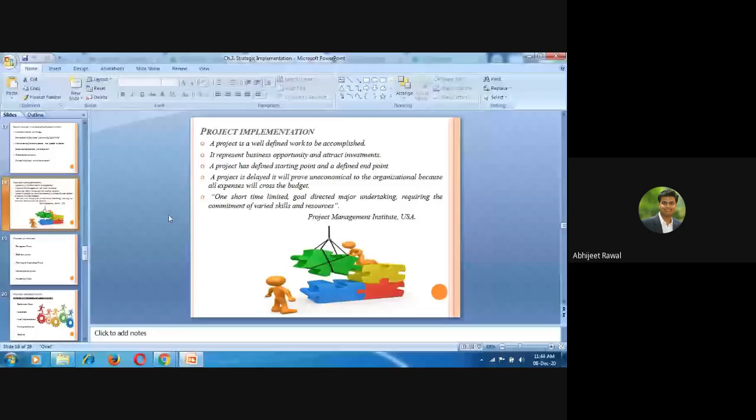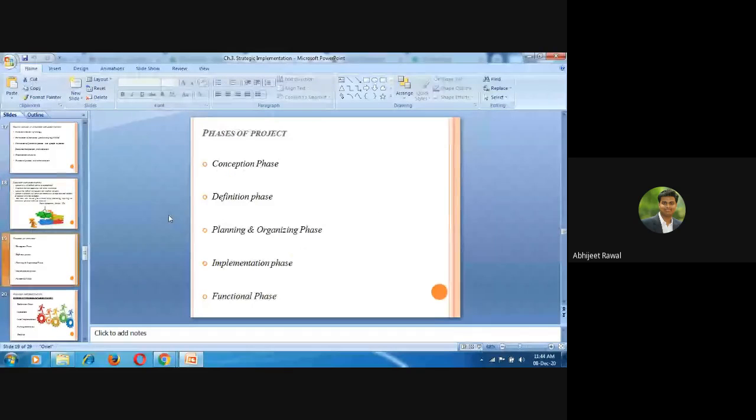There are phases of a project, you can see. First, you have a conception phase. Conception phase is something like when the organization makes the strategies. Okay, during the time of strategies, they have n numbers of projects with them. Okay, concept उनके पास होता है project का। तो जब भी strategy वो लोग बनाते हैं तो they just see